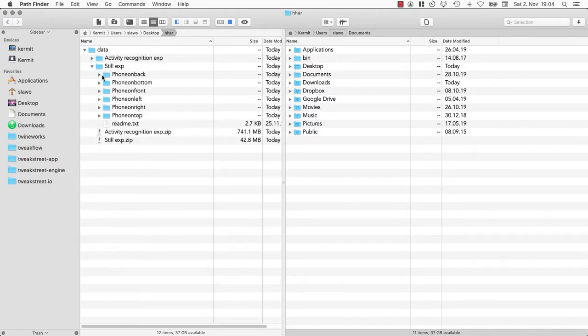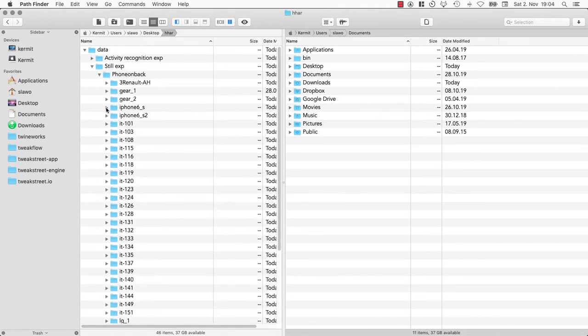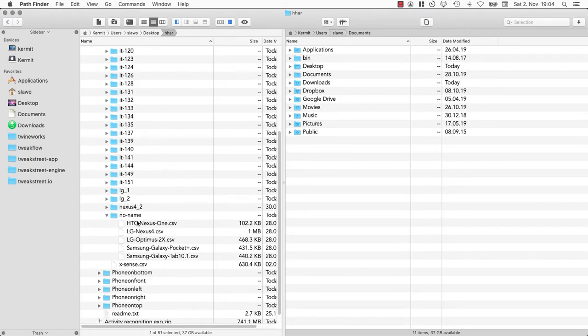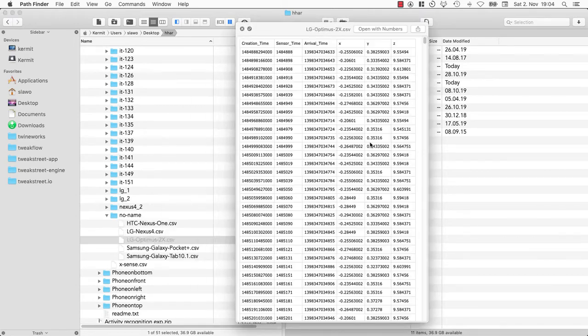I'm not getting lucky here, but when I look for, oh, there you go. So this folder has multiple files in there: creation time, sensor time, arrival time. All right,